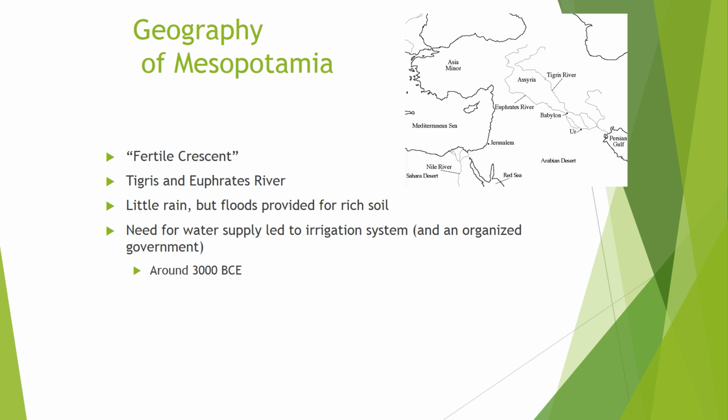Two distinct river valleys that ran largely parallel to each other. Not much rain in this region. It's a little bit of a deserty type of region. However, once again, flooding of those two rivers was pretty predictable. And so it's not just one river with a delta like the Egyptian area was. There you can see in the bottom left.